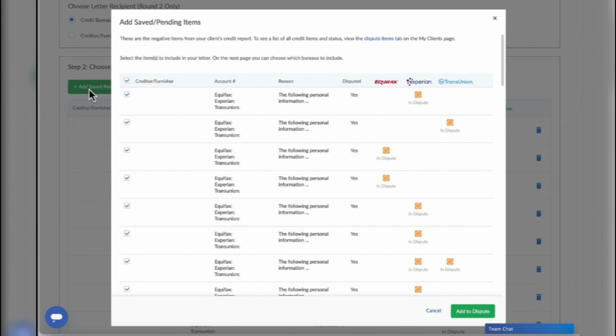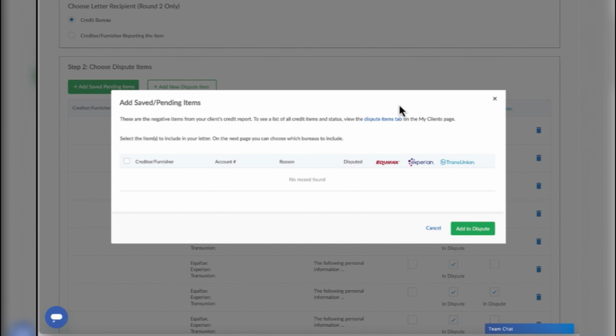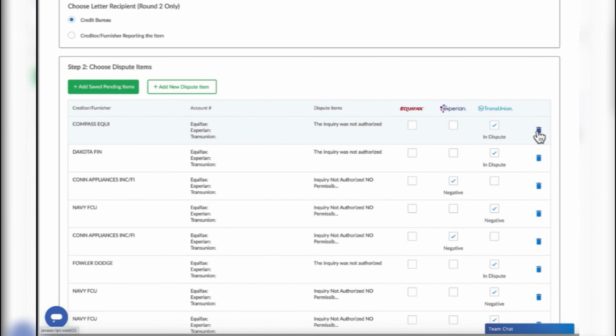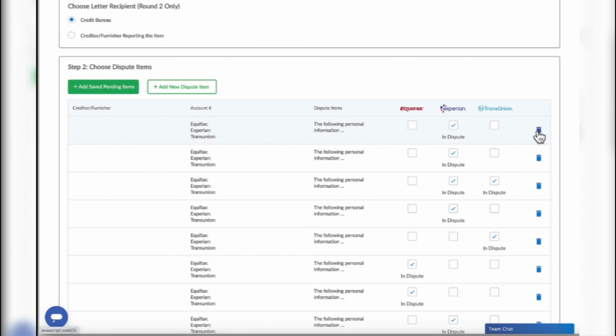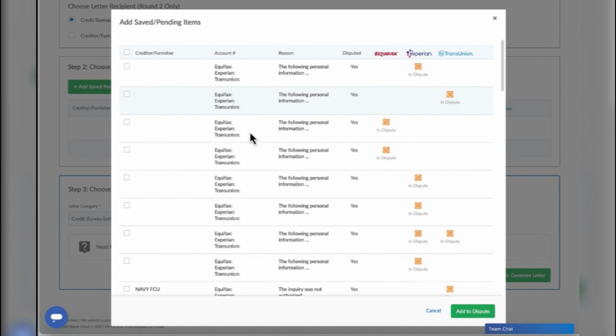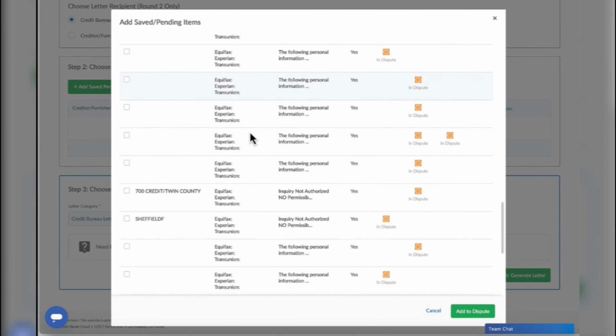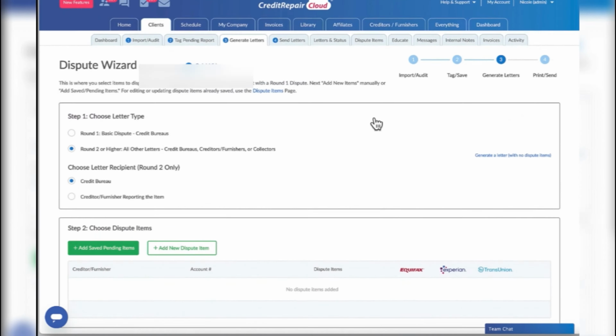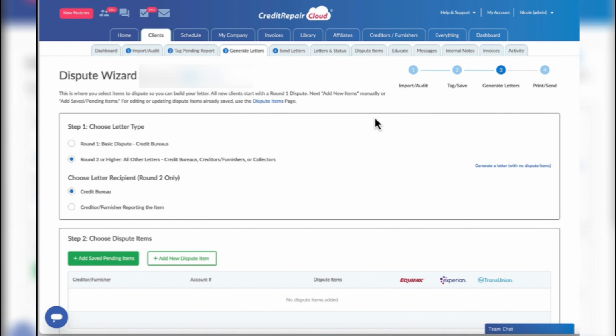So you can now click on save pending items and see that there's nothing left. Like if we clear out all of these by just hitting the little trash can, you can see that everything on the client's file has already been disputed and everything is under dispute. So that's great. So yeah, the only thing that this client really has left to do is add trade lines,